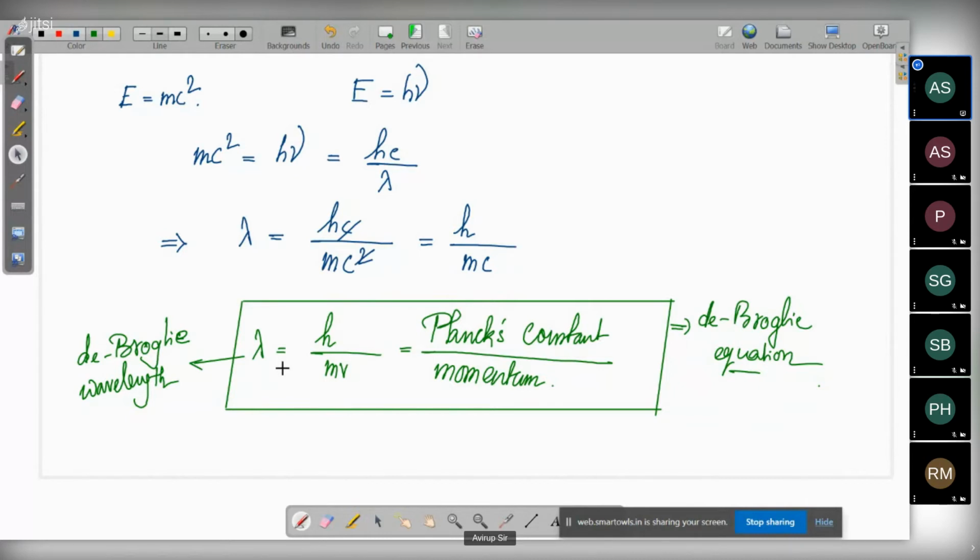Hence, we see that subatomic particles can simultaneously exist both as a particle as well as a wave. Because they have a very low mass, they can exist both as a particle as well as a wave simultaneously. And that is why we say that wave particle duality is observed in subatomic particles. That means electrons are behaving both as a particle as well as a wave. So an electron is both a particle and a wave, and both of them are happening at the same time.